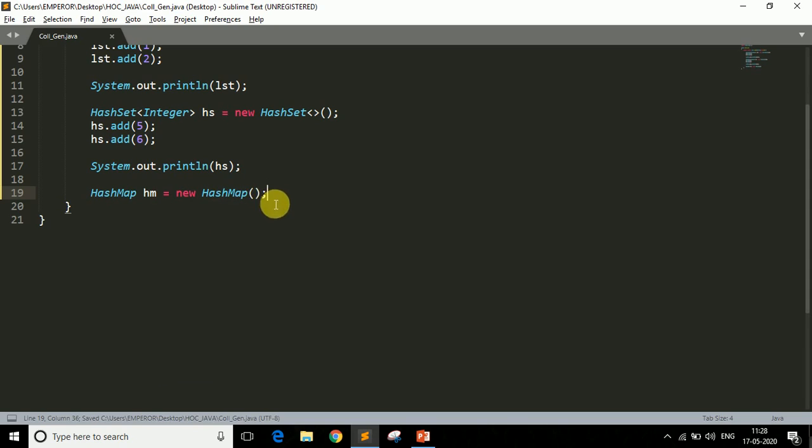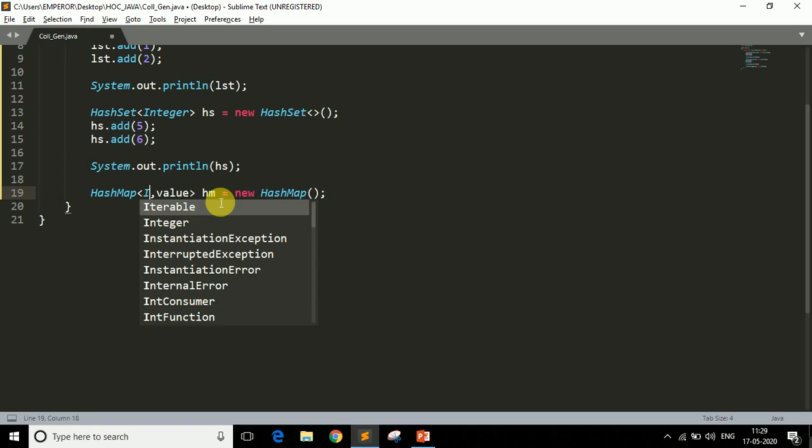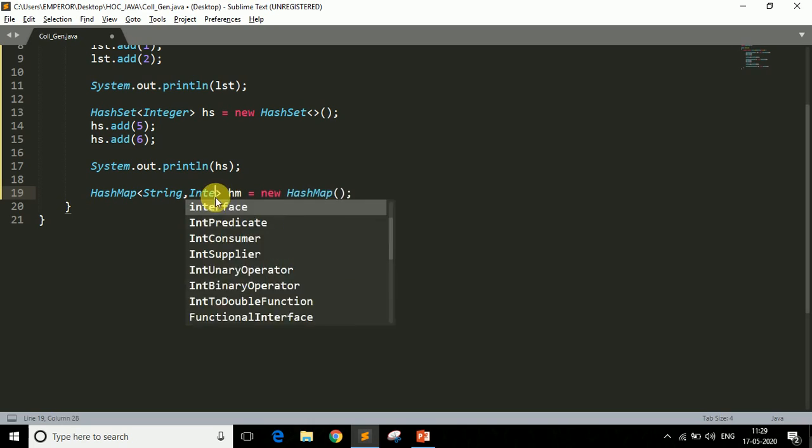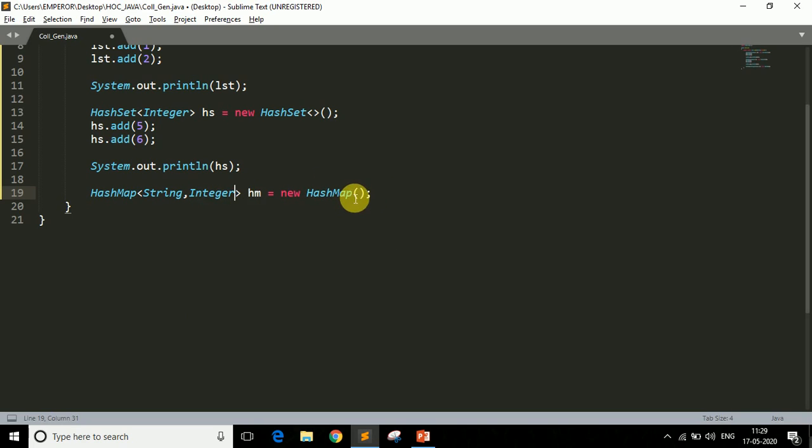Basically we use the key and value pair concept here. This concept means that we specify a value for a key, and when we want to access that value we have to use the key associated with it. We have to specify the type of key first. Let's say the type of key is String and the type of value is Integer, and here we specify angular brackets.